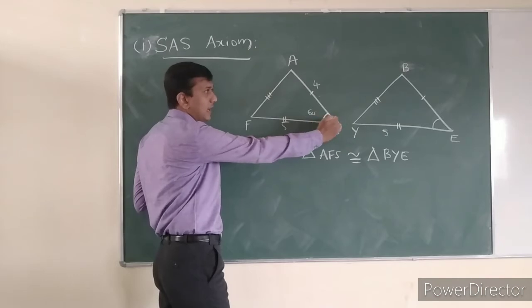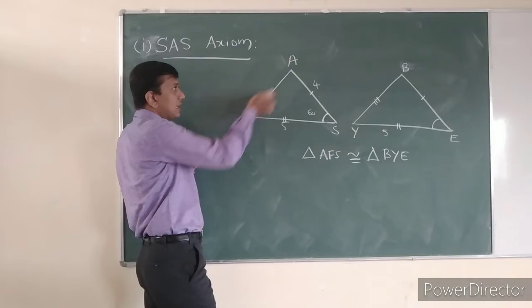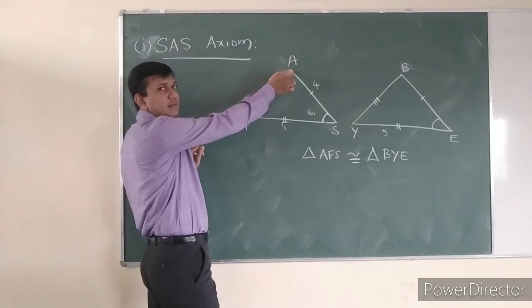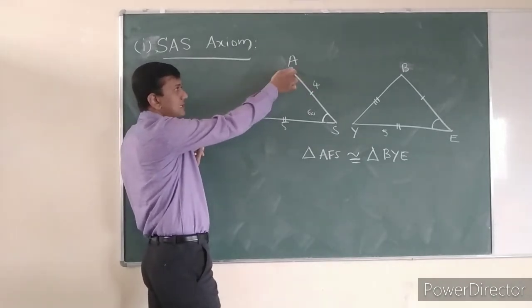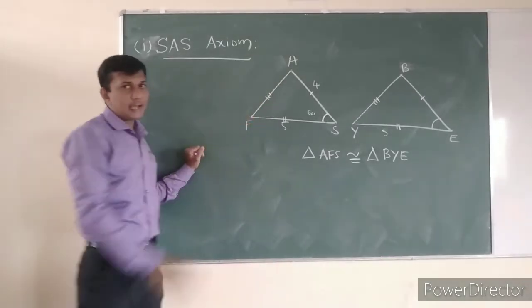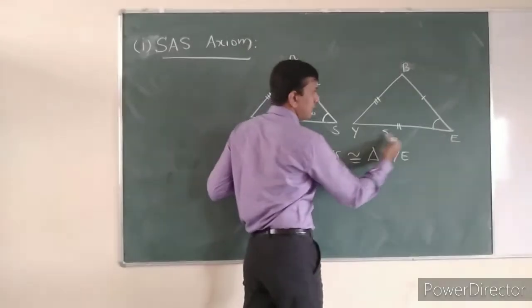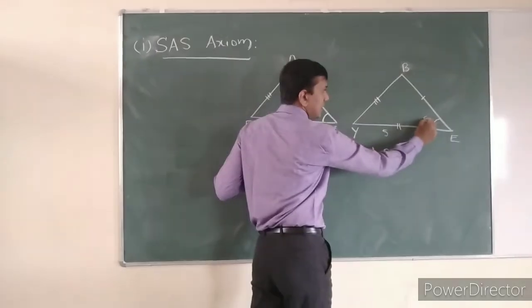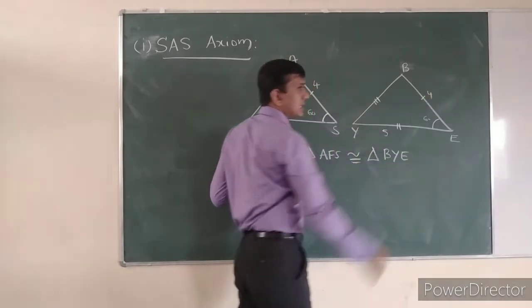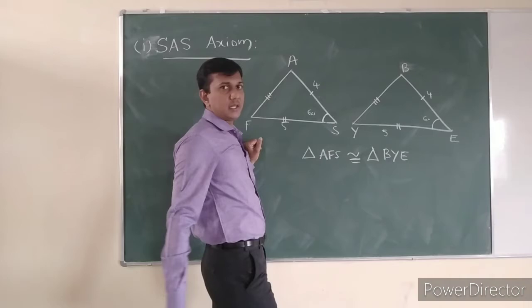Make a 60 degrees angle and cut this paper, and you cut the remaining part. You will reach up to the edge of the paper when you have cut the 4 centimeters. From there you cut the other side. You will get one triangle. And here also the same process: 5 centimeters, 60 degrees angle, and then 4 centimeters. Again the same, you have to join.